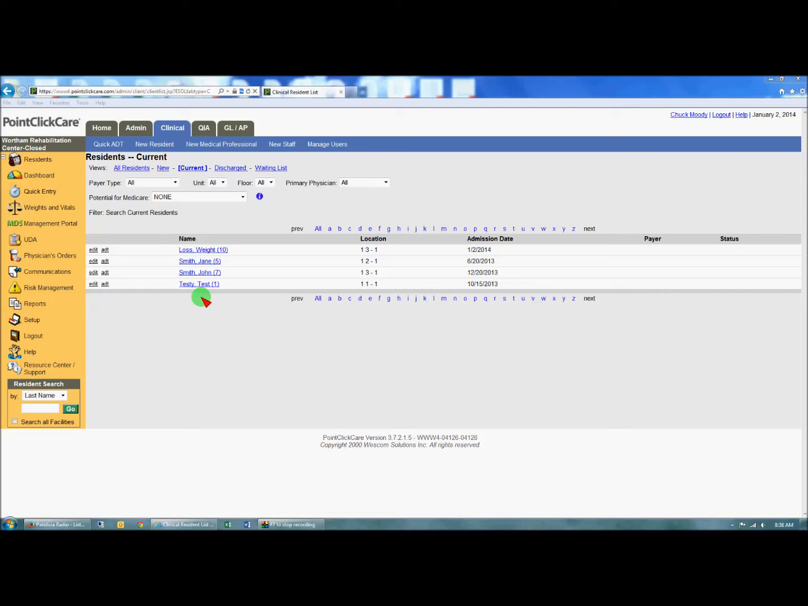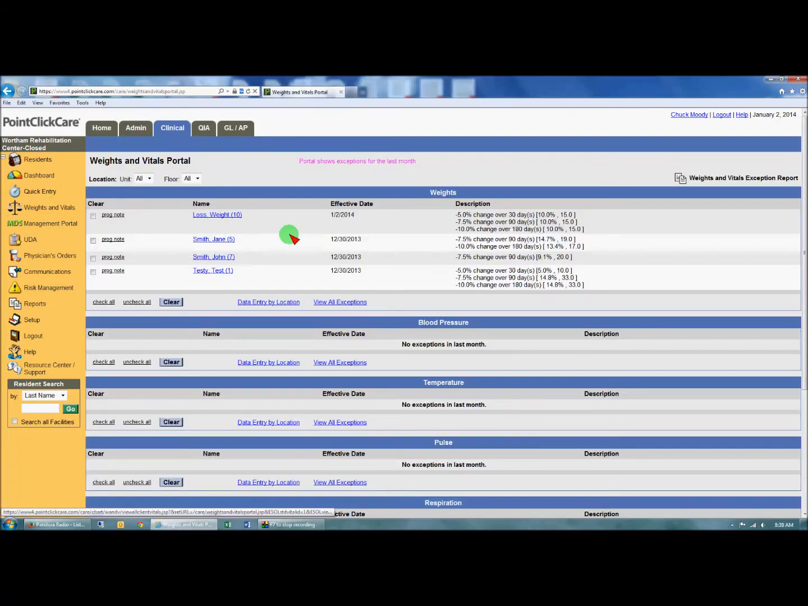Selecting residents who require a Weight Watchers. After you log in to Point Click Care, you've entered your weights for the month. You want to see who has a significant weight change. You'll just go to the gold bar and click Weights and Vital. And at the top of the screen, it will list every resident that's had a significant weight change since previous